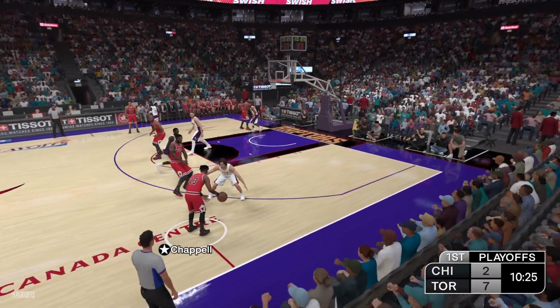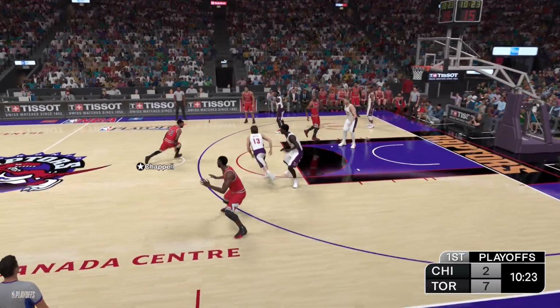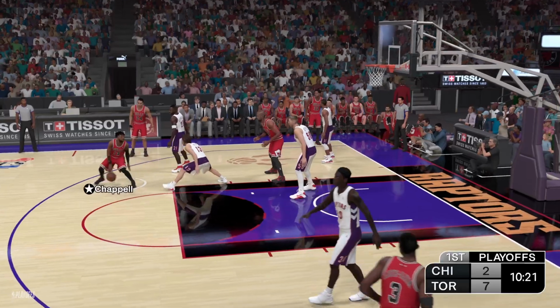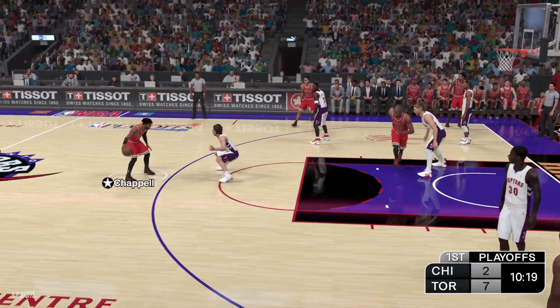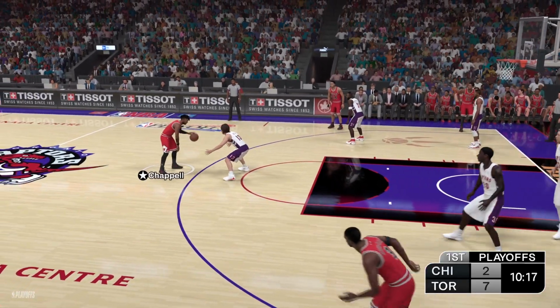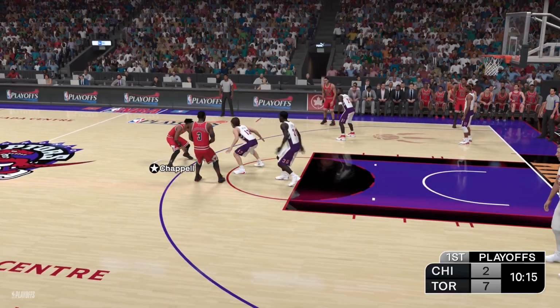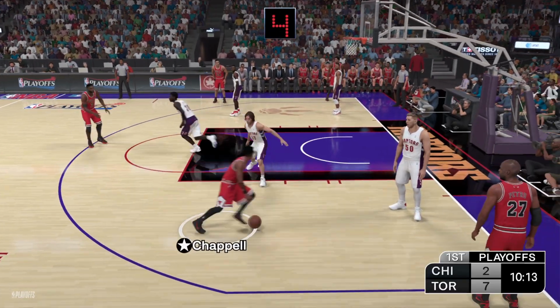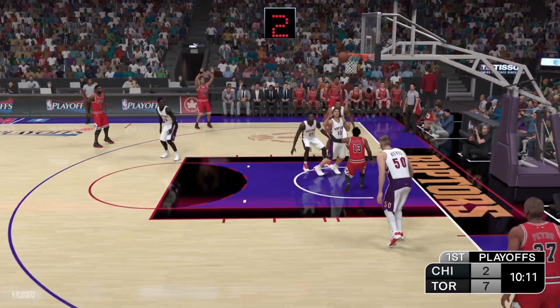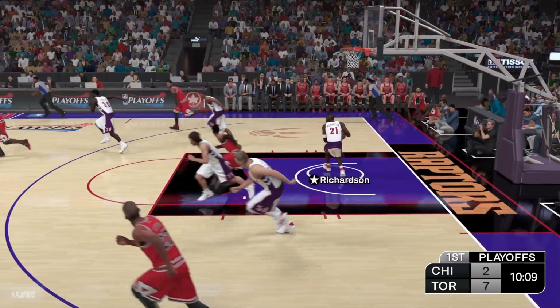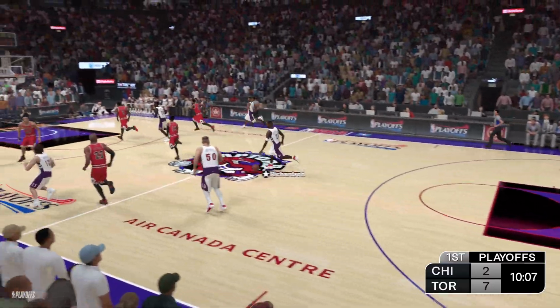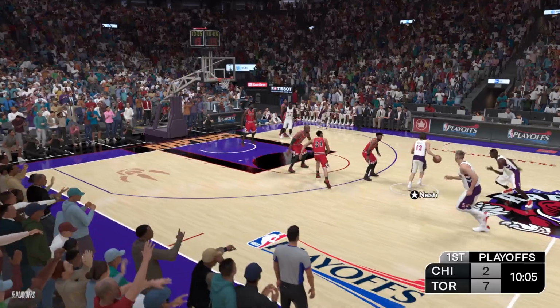Here's Javale. There's a good screen. Six to shoot. Toronto grabs the miss. That's not the type of opportunity he fails to convert very often.